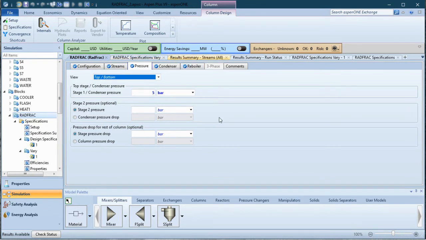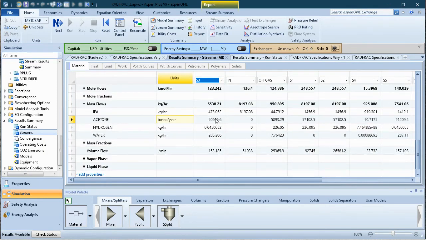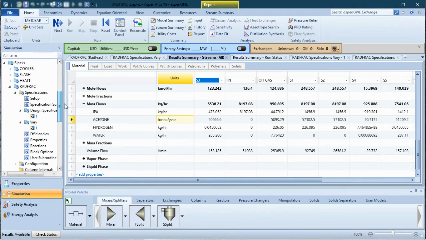So we got the stream result for RadFrac, 50,000 ton per year, which is the same as the desired product that we need from the question. And then we have to obtain the desired product specification using the design spec option. This is based on the design spec option. So we got the desired product already. So how to get the design specification? We go to the RadFrac and go to specification, click design spec,